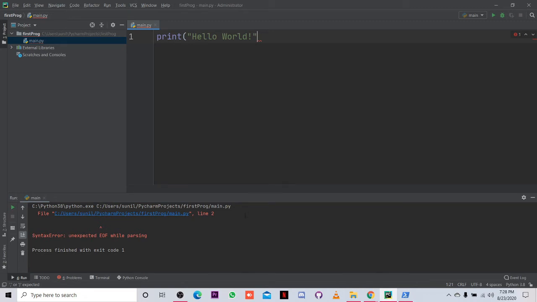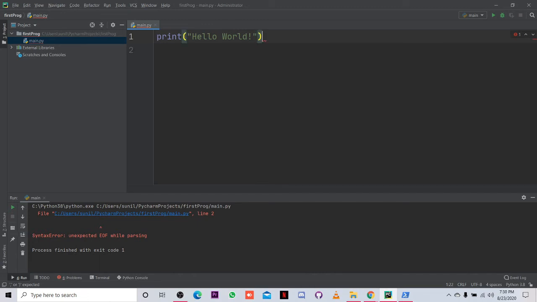Got it? Clear? So this is the difference between compiler and interpreter. In a compiler, when we write the full program and then run it, it will list all the errors after we have completed writing our program. But in an interpreter, when we mistakenly write any error in our line itself, it will show an error at that instance.